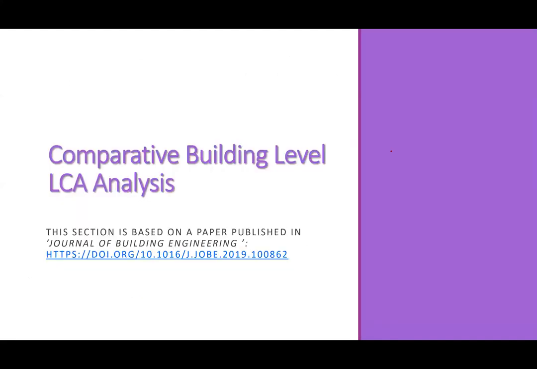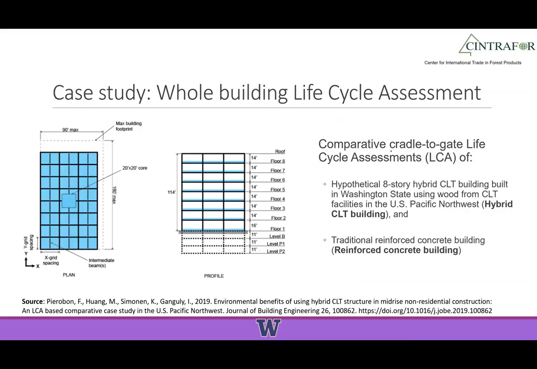However, it's available to you. So again, the comparative building level analysis: we did a CLT versus traditional building, 8-storied. We published this paper in the Journal of Building Engineering, and I provided the link if you are interested. In this, we found a recently constructed building in Seattle using traditional means. We took the functional aspects of that building, and we worked with the architect who built that building,